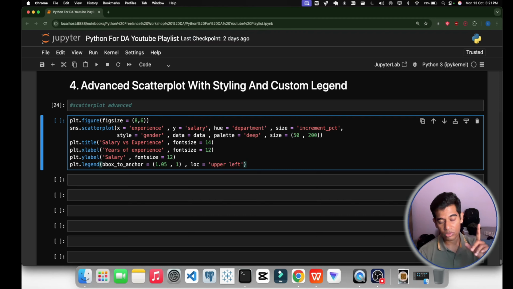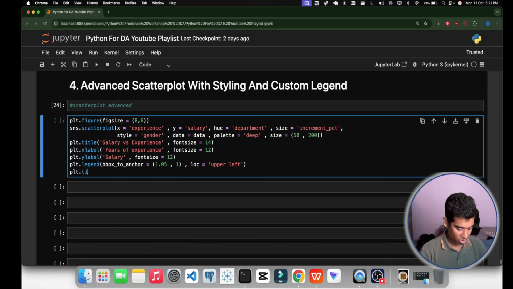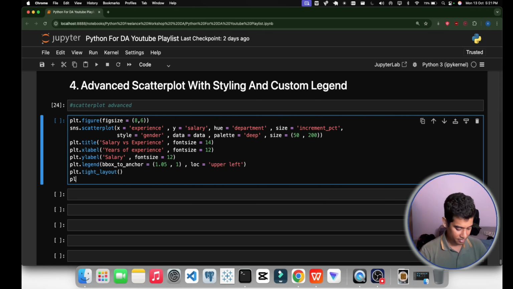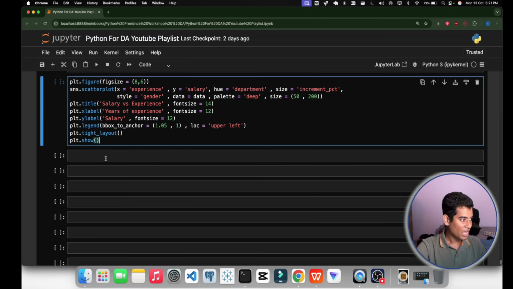Then we will use one more thing, that is plt dot tight layout, to make sure everything fits nicely. So we will write plt dot tight layout for better placement. Then plt dot show, as usual the last part, and it will be like a data story in a proper way. If I run this, I will show you this. So let's run it and see, do we get an error or a graph.